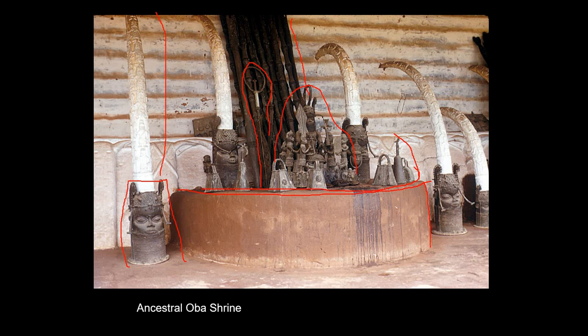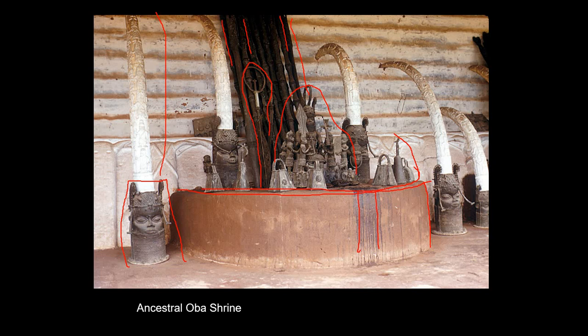So the figure would be brought to this location, and as you can see from the stains running down the face of it, they would be sacrificed. The blood would be poured out onto the altar, which would be believed to revive the ancestral spirits. The staffs are staffs of elders, so people from the various different communities, they would come and place this there to again show that their authority was all coming from the Oba and his ancestors.